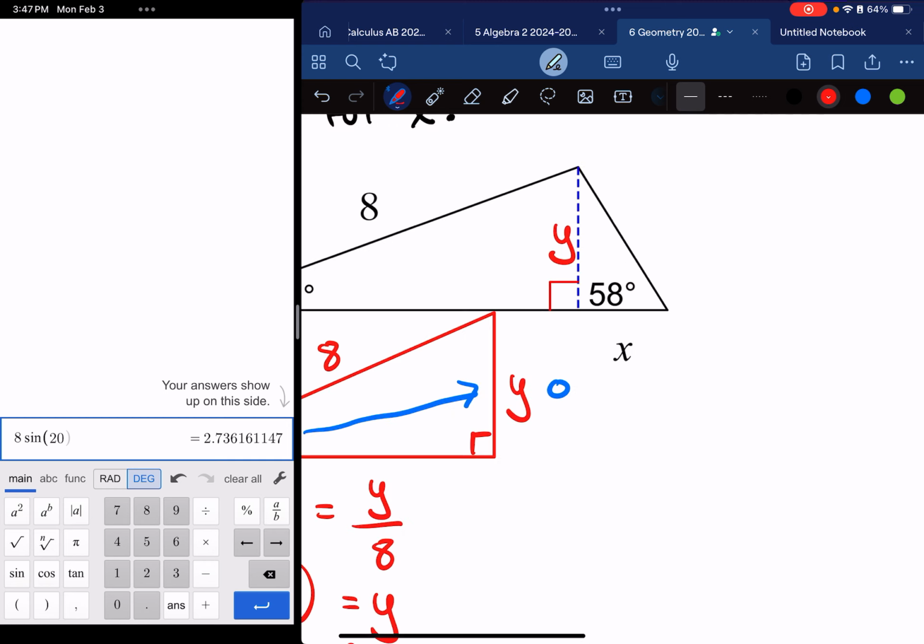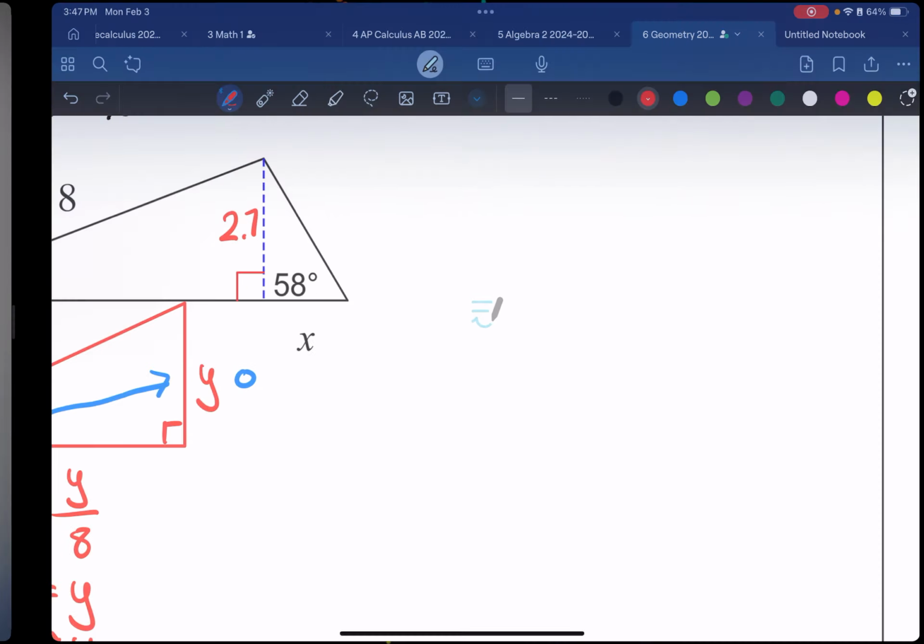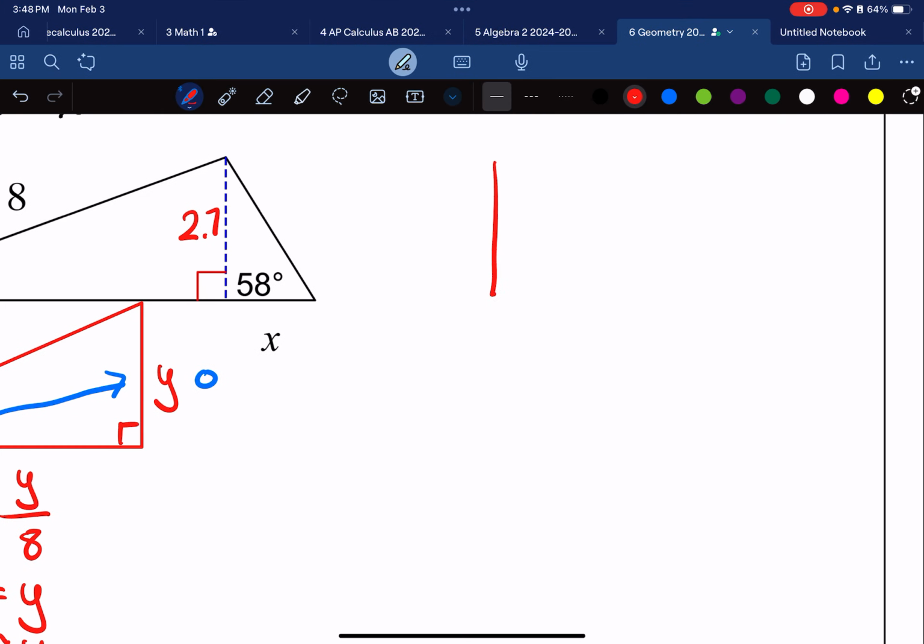I can fill that in up here. Instead of having a y, I can say, okay, well, this y, that's a big eraser, is 2.7. And now I can look at this triangle on the right side. So let's go ahead and redraw that triangle on the right side. Calculator, I'm going to put you away for just a little bit. So this triangle on the right side